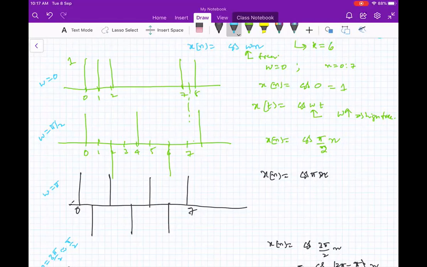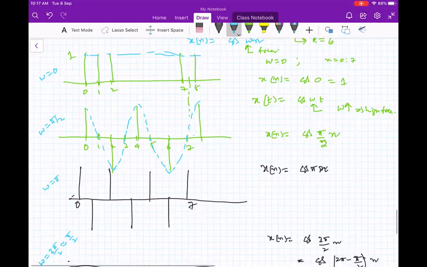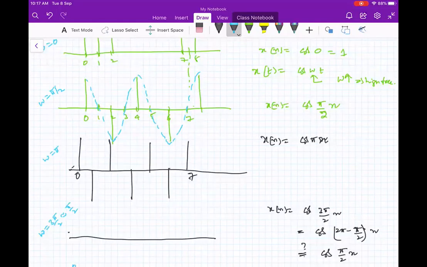If you fit a sinusoid, this one is all zero, a constant signal. I will just try to plot it: this is an all-constant signal. Whereas this one can be fitted with a sinusoid of this sort. Even though these are samples of a continuous signal, if you consider the corresponding continuous signal, you may get a sinusoid of this nature. And here, the sinusoid is of this nature.